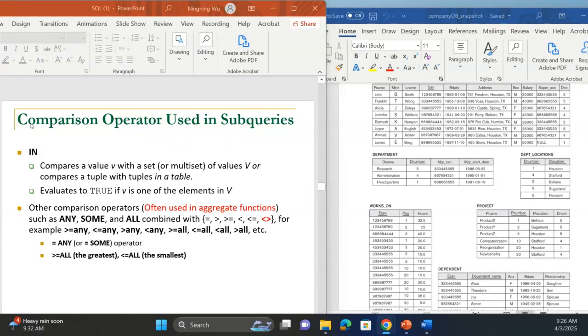So we discussed how to use IN, and also we learned the new comparison operators, where we combine the comparison operator like greater than, equal to, or less than or equal to, with keywords like ANY, SOME, and ALL to form a logic. So basically, equal to ANY or equal to SOME is more like an IN operator. It compares a single attribute value with a list of values. As long as the attribute value is in that list,